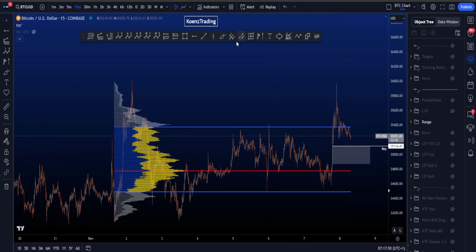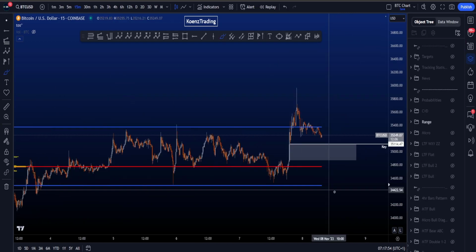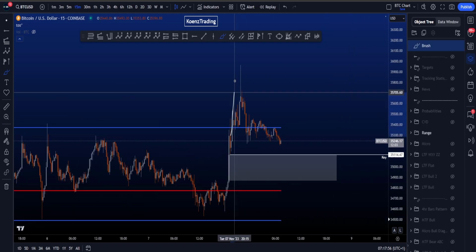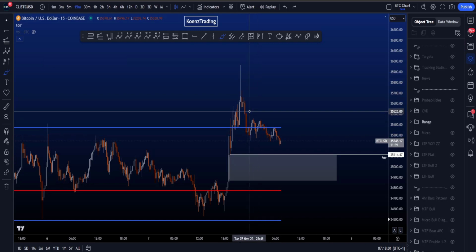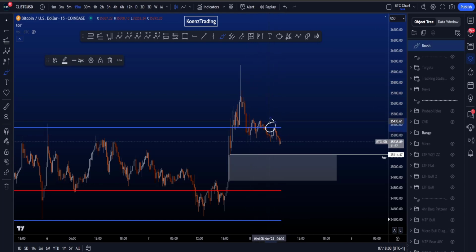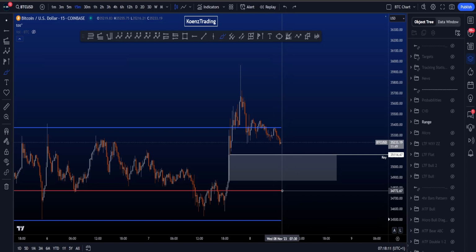This is a range taken from this pivot to the right side, right? Extended to the right. And what you can see is we moved above the value area high, came back below, and started to build some bearish CVD divergences, which have now played out, by the way. But we are now below the value area high again. And there is, of course, now probabilities to then move to the point of control, with the point of control